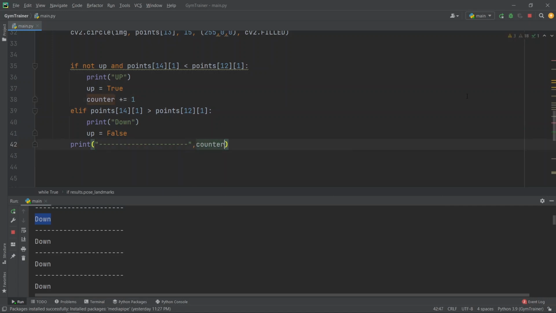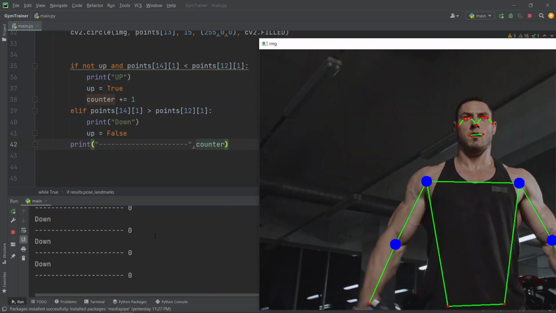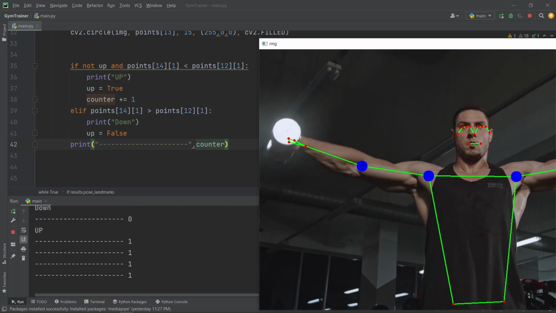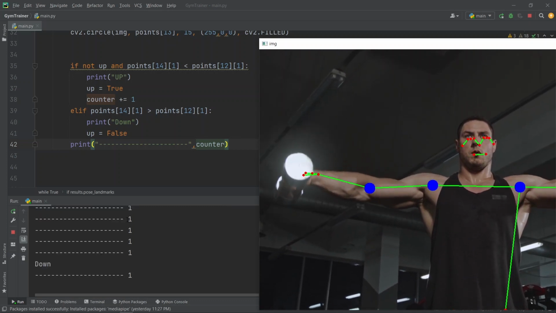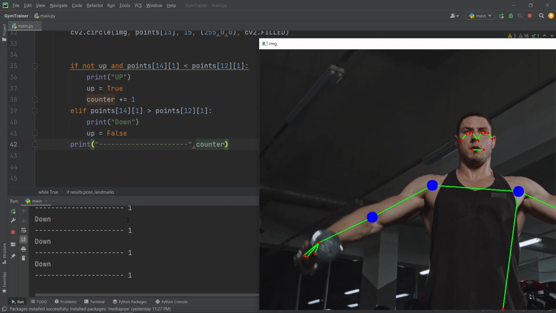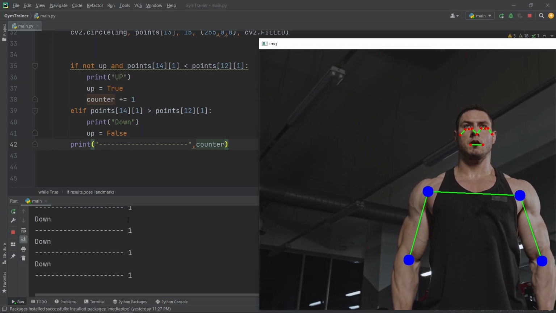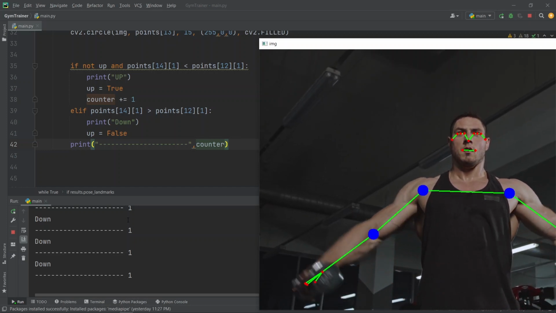Now if we run that again, the count is 0, 0, 0, and as soon as this point goes up for this one, the count is now 1. Just notice that the count is not continuously increasing. Now for the next step, when the arm goes up above the shoulder again, it will make this count 2.